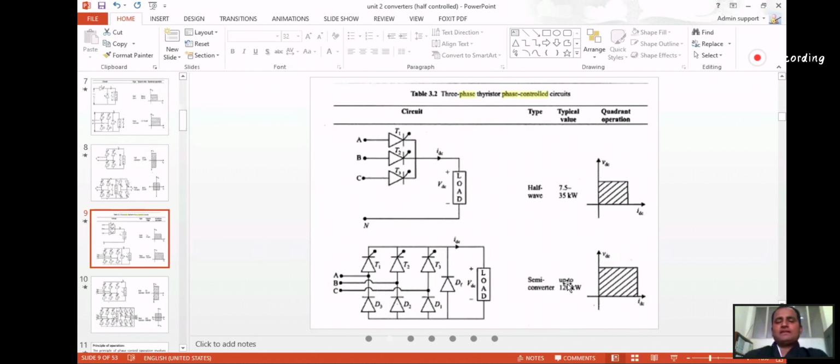That's why I told you in the beginning of this class: if you remember, we have already learned the function of the freewheeling diode. In all the problems, to understand them, we see the load as a resistive load. But in practical cases we don't have a purely resistive load; it is an inductive load. For the inductive load we have to use the freewheeling diode. So you know the function of the freewheeling diode, right?